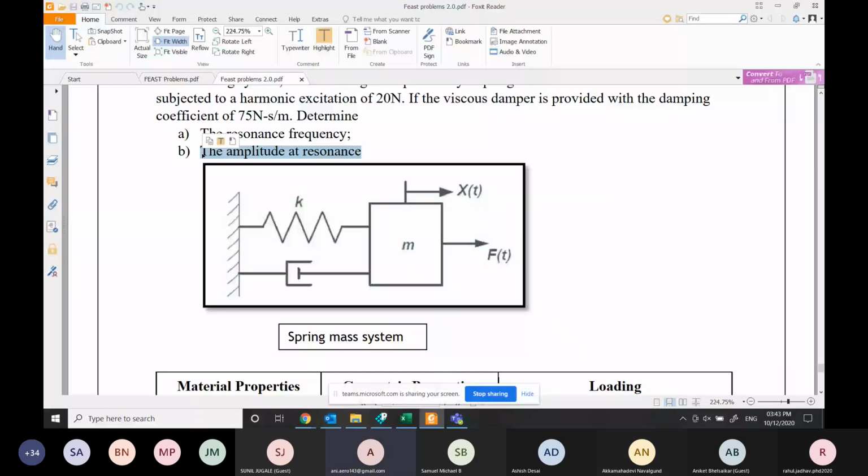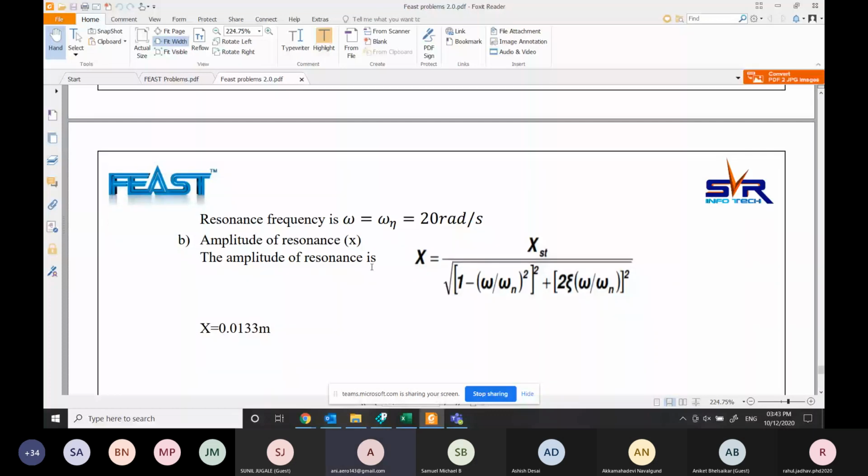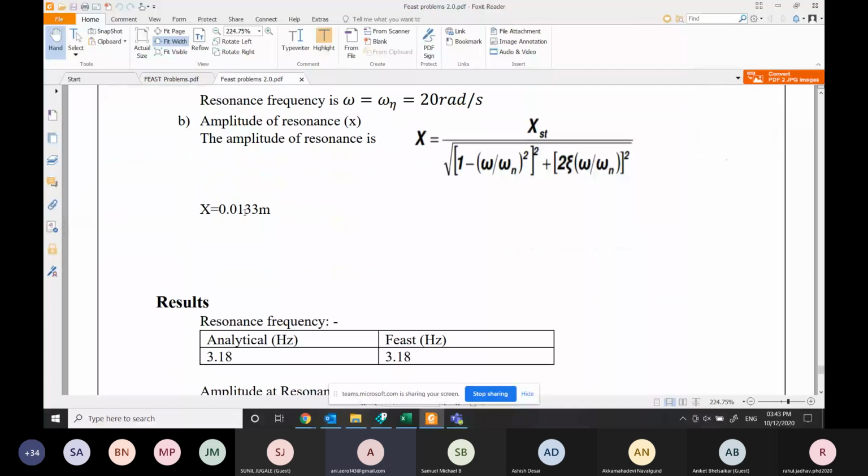So to calculate the value of displacement, we'll use this formula. I'll just scroll it down. I'll use this formula and we'll get this result.